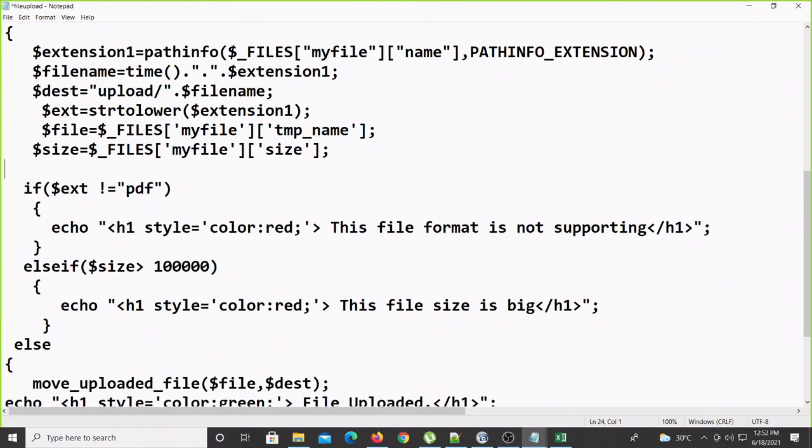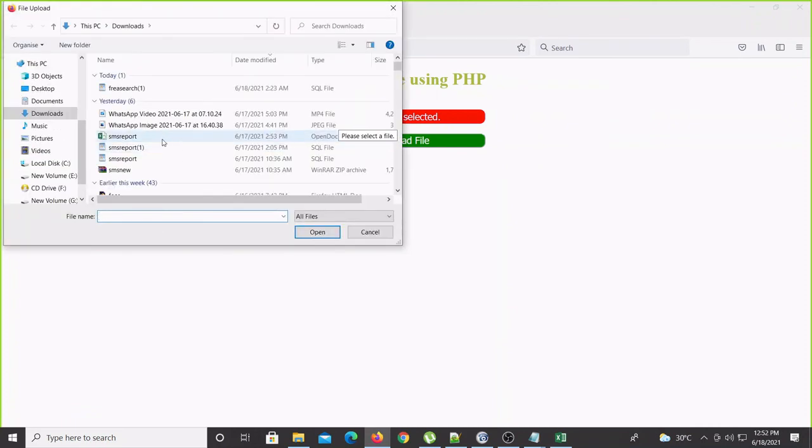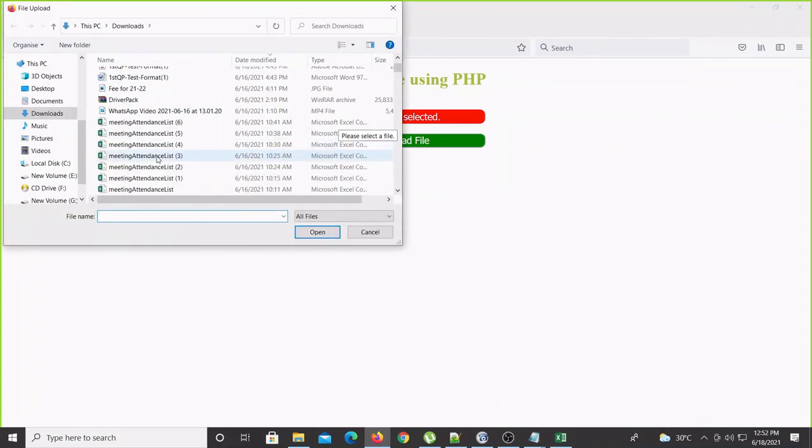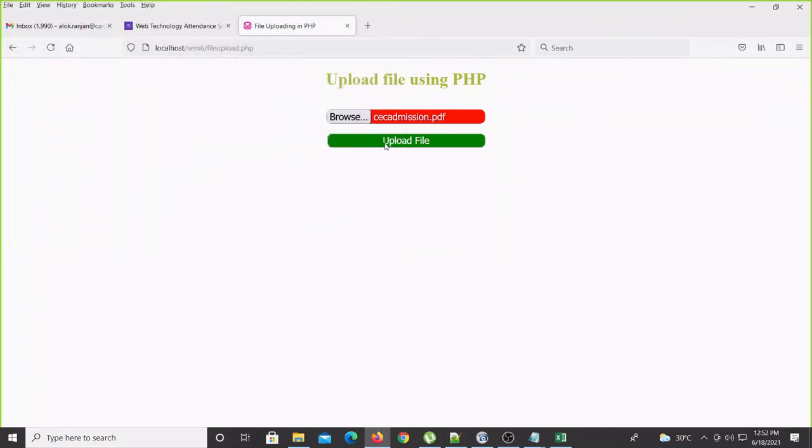I'll display here only echo dollar size, how much size is coming. Browse, yes, upload. Yeah, it is coming 273998.